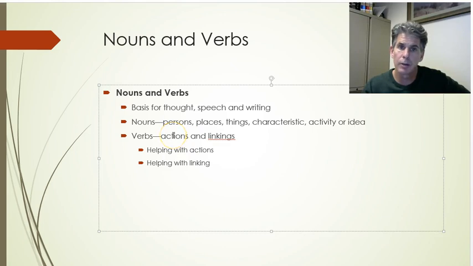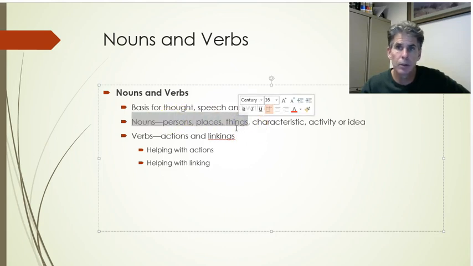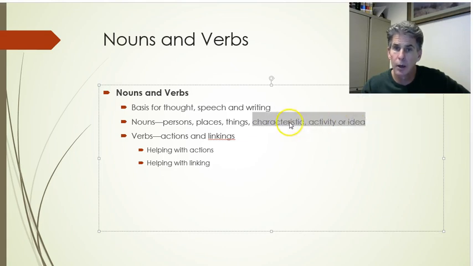Verbs is where a lot of confusion happens, but with nouns, I want to be clear: most students know person, place, or thing. I haven't had a student yet in all my years of teaching who didn't know that a noun was a person, place, or thing. Where students most often struggle is the other aspect, that nouns can be characteristics, activities, or ideas. This is something your high school grammar often skipped. Often, not always, some of you might know it, and that's great. Hug your English teacher if you do. If not, just give them a punch in the arm. This is where students struggle. And remember, as you get older and you're writing in college, you're going to be dealing with more of these characteristics, activities, and ideas.